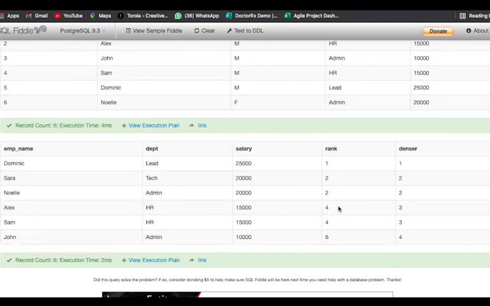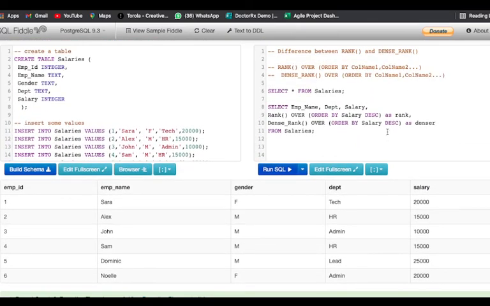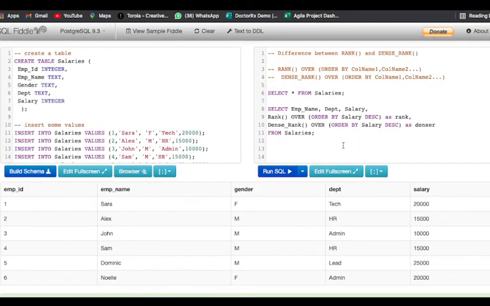So the rank function actually leaves holes in the sequence. If you notice in the dense rank column, although the values have been repeated and they have been appointed the same rank, coming to the fourth tuple, the rank is 3 only and not 4, because it is going sequence wise. It is not skipping any value here. So this is the main difference between rank and dense rank.